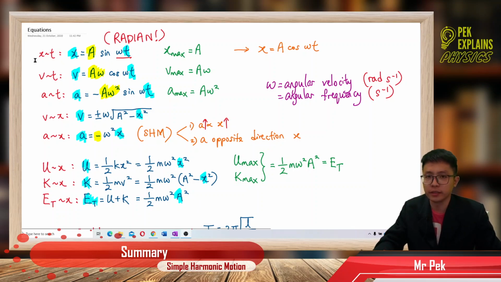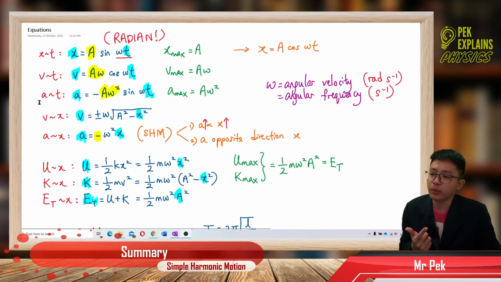First is the displacement-time equation, which is x equals A sine omega t. Then we have the velocity-time equation, v equals A omega cos omega t, and then the acceleration-time equation, a equals negative A omega squared sine omega t. Displacement time, velocity time, acceleration time. One thing you see here in this chapter,